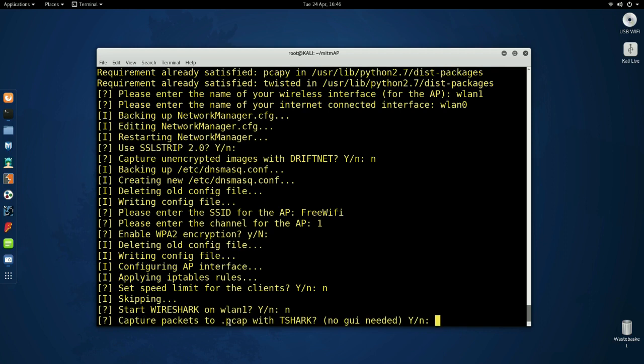Do I want to capture packets to a PCAP file with T-Shark? If you select yes here, it'll actually record all the different interactions that people who access the access point have, whatever they do on the internet, into a PCAP file. You then have a log of that, and you can replay that PCAP file with the Aircrack suite,